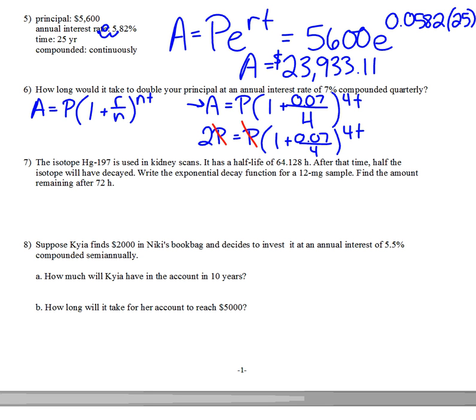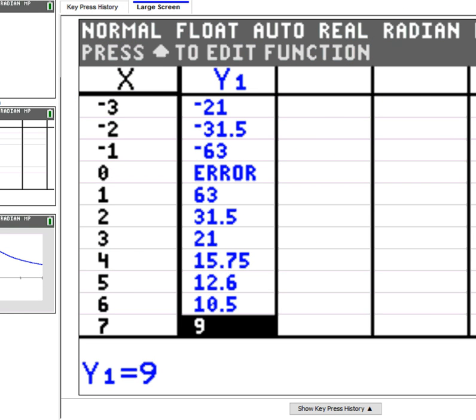What this tells us is that 7% compounded quarterly is going to double any amount of money at the same speed. So it's going to make $2 into $4 the same amount of time it takes it to make $100,000 into $200,000. Doesn't matter the amount, it just matters the rate and how often it's being compounded. So now we have 2 sides of an equation. So what we're going to do is, in the future, we're going to use a logarithm to kind of undo that exponent. But for now,